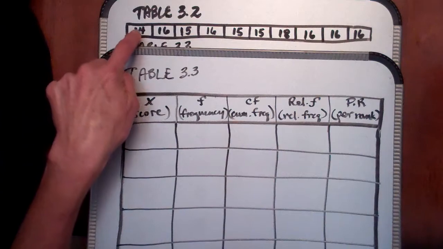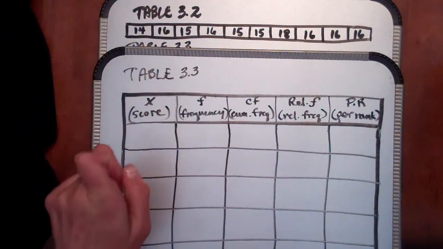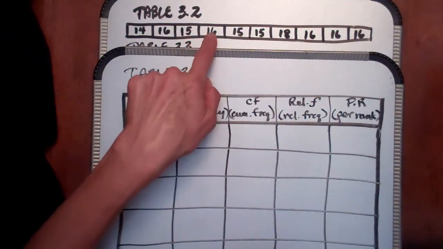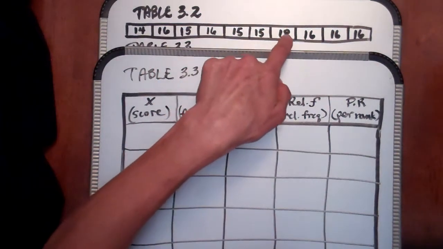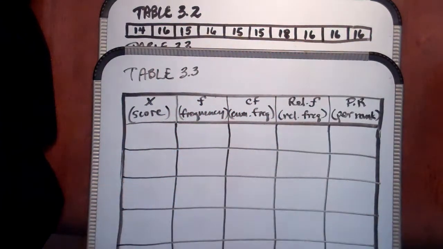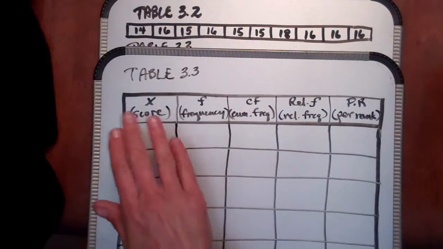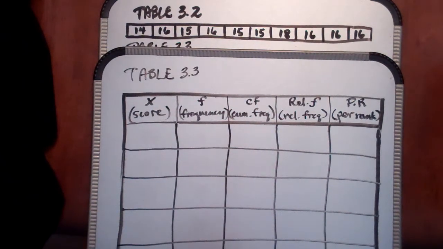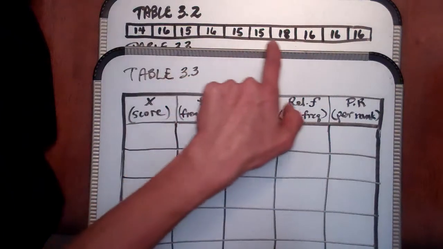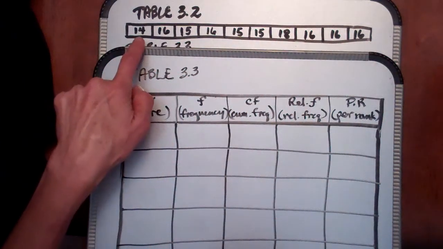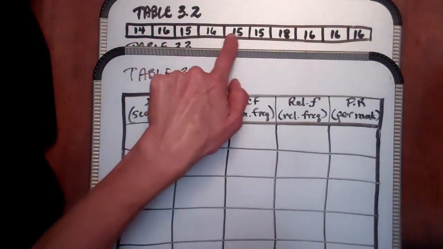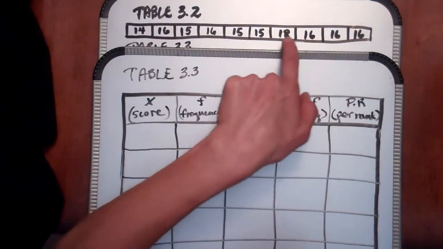One kid had an age of 14, one adolescent had an age of 16, the next one 15, 16, 15, 15, 18, 16, 16, and 16. Now, to be able to put those values into a frequency distribution table, the first thing you need to identify is what is the lowest value and what's the highest value. If we go through here, we can easily see the lowest value is 14 and the highest value is 18,